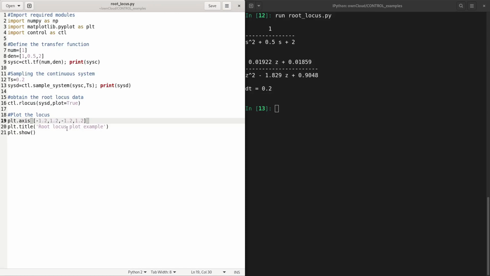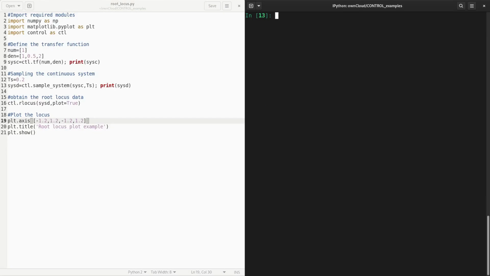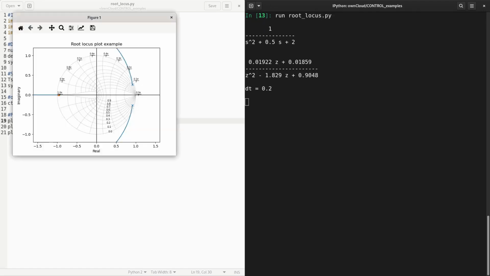Then you have the title and the plot is shown. So let us do that. Let me clear the screen and I will run rootlocus.py. So you see that the axis is now within the limits, and directly you will be able to see this root locus plot coming in.